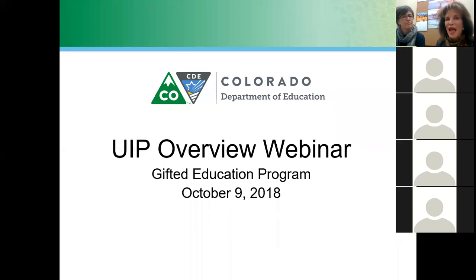However, what we have done with the advice from a design team that was representative of people both in and outside of gifted education and representative of BOCES and districts is that we streamlined the content and the process, so that we include gifted education progress reporting, the talent, the targets, and the action plan, all within the electronic form in a different way.